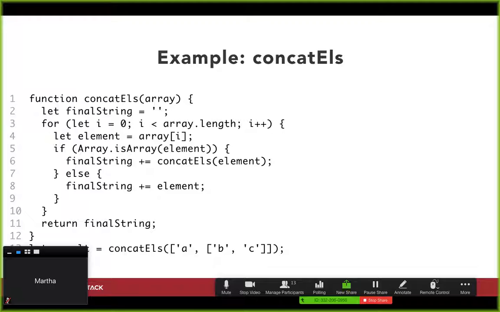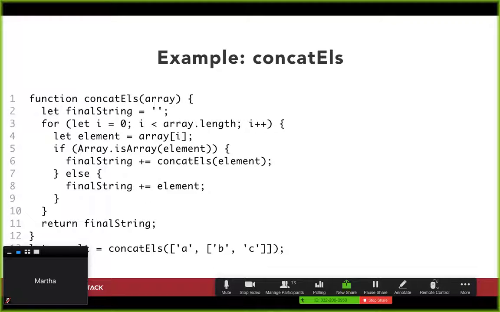So now all we're saying is, what mini problem is this function solving? It's saying if I give you an array of letters, join them together, right? Edit this final string, which starts off empty, add stuff to it, and then give it back to me. And so in this case, I do care about what the return statement is, because I plan on taking what is being returned here and using it somewhere else, okay? If we dive into the guts of the function itself, on line 3, we have our for loop,